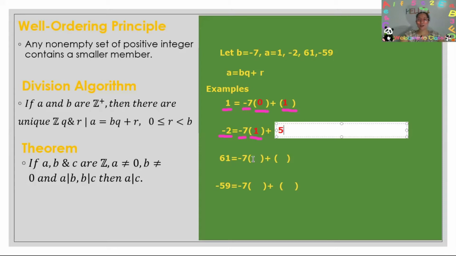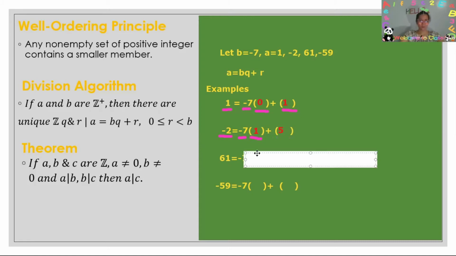Next, 61. 61 will be the A. Still, our B is -7. So the quotient must be what? The quotient will be -8. The quotient we have is -8, and probably the remainder will be,